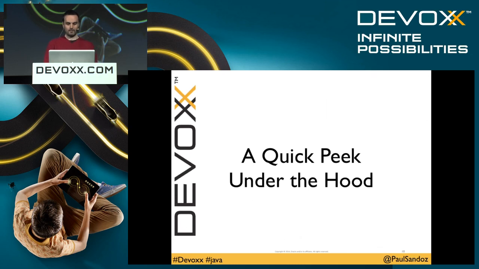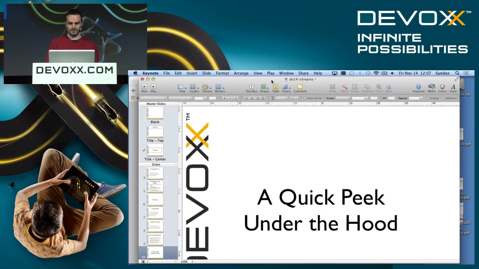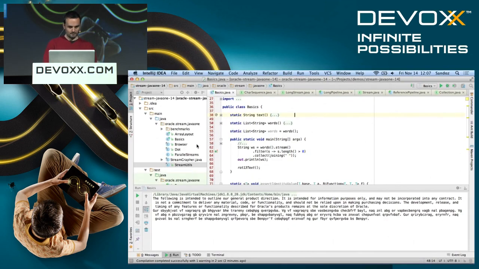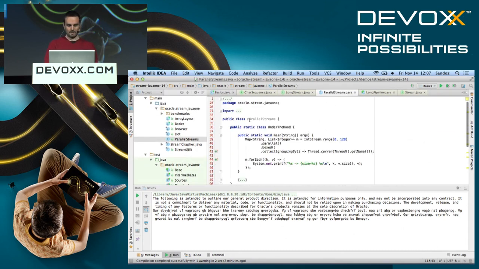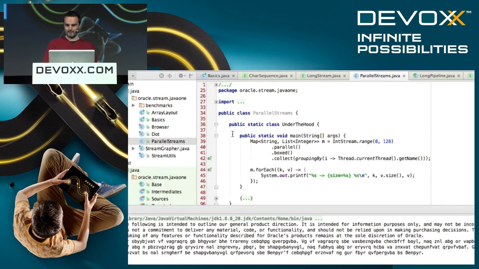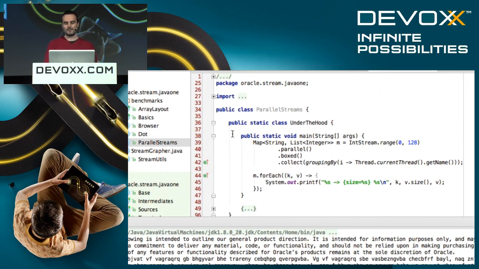So let's have a quick peek under the hood of what's going on in parallelism. So let me find my parallel streams, that's it. So here's a bit more complicated stream.